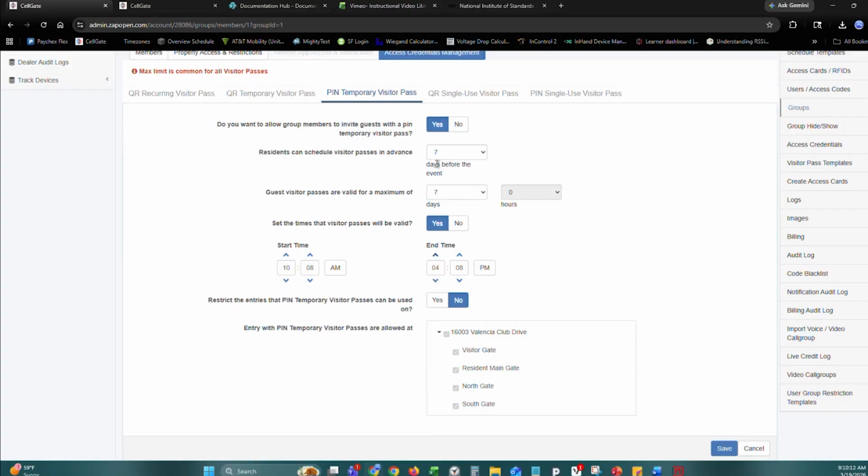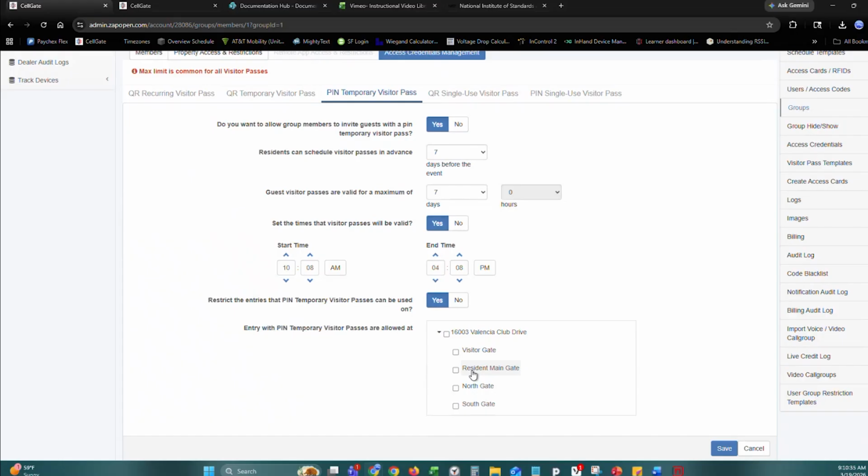And as well, as you can see down here below, because this is a PIN versus a QR code, which means you'd have to actually have a device compatible of reading this. The pins are going to be simply input on the device, like an access code would be for a resident, right? So if we hit yes here, now I've got way more options